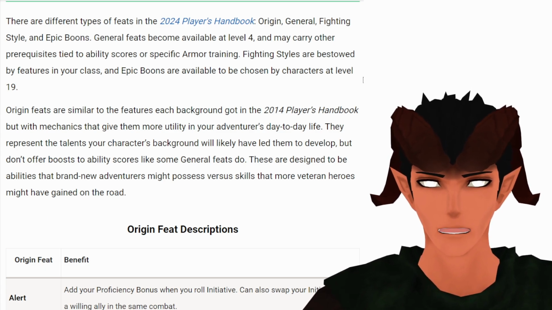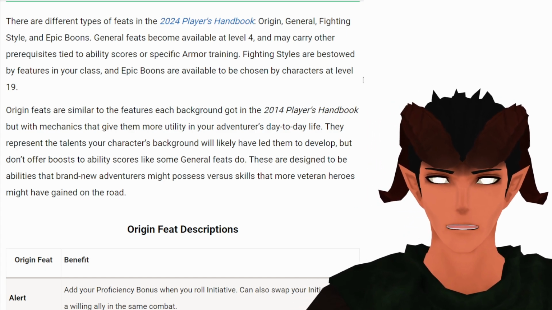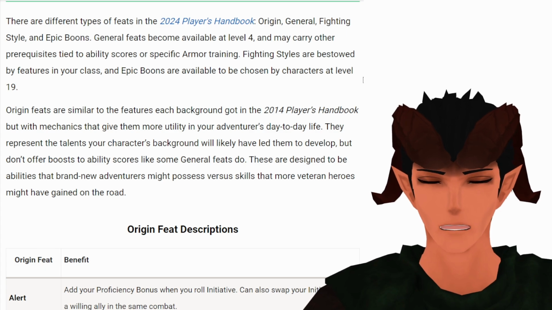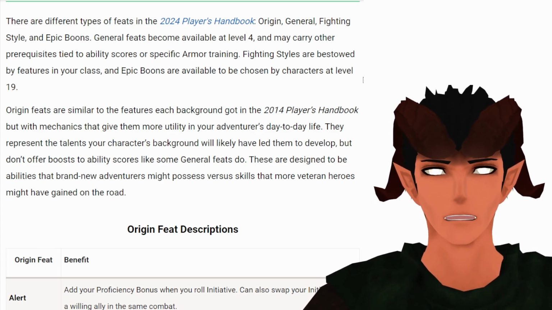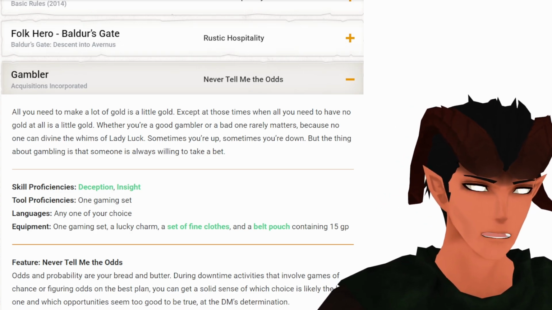They represent the talents a character's background will likely have led them to develop, but don't offer boosts to ability scores like some general feats do. These are designed to be abilities that brand new adventurers might possess versus skills that more veteran heroes might have gained on the road. I could see why they go with a new system of giving you an origin feat